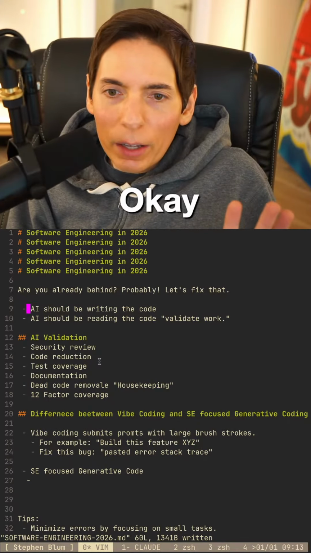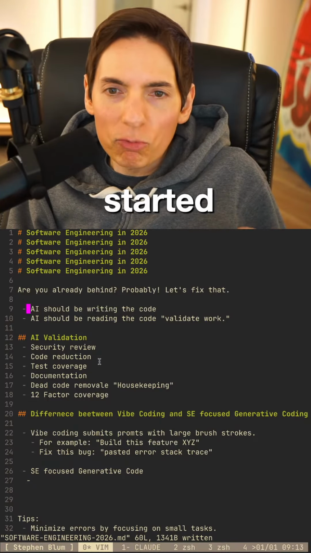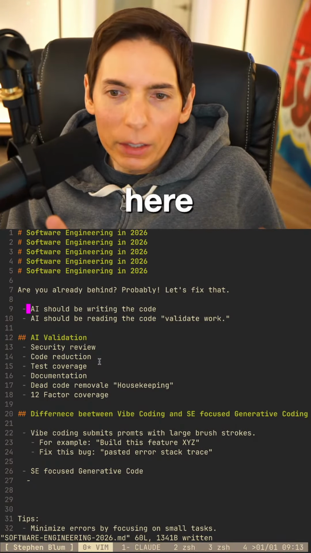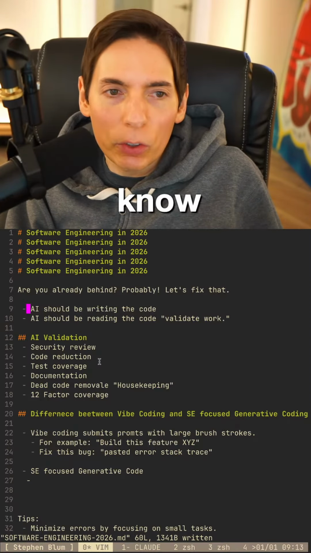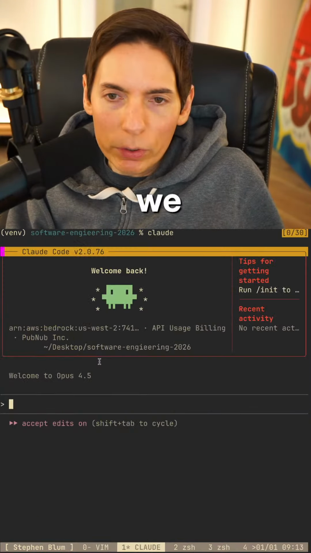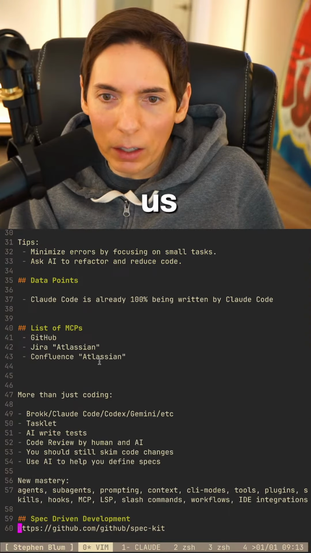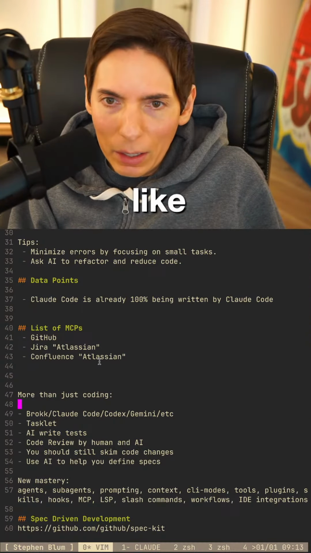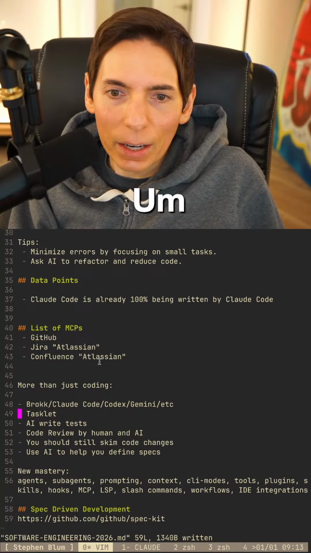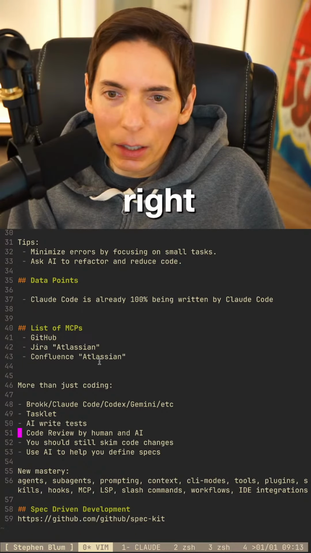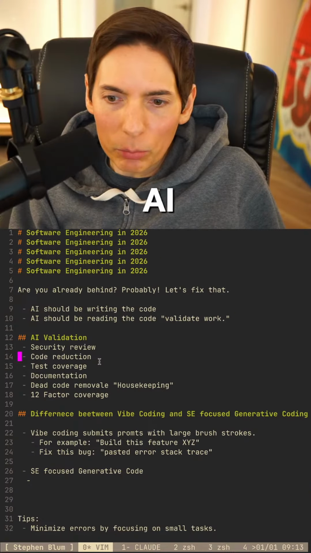Okay, so I think we've got a good basic getting started documentation here. Now I'm typing all this by hand, and what I should do, practicing what I preach, is move over to Claude and ask it to start managing this file for us, now that I've got the basics written out here. Let's see if we can have the AI clean this up for us.